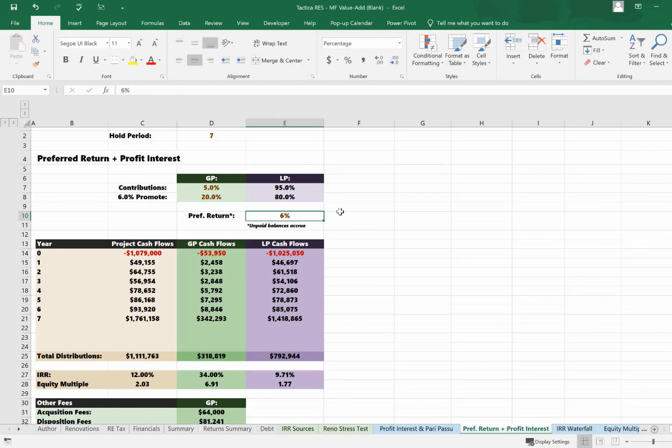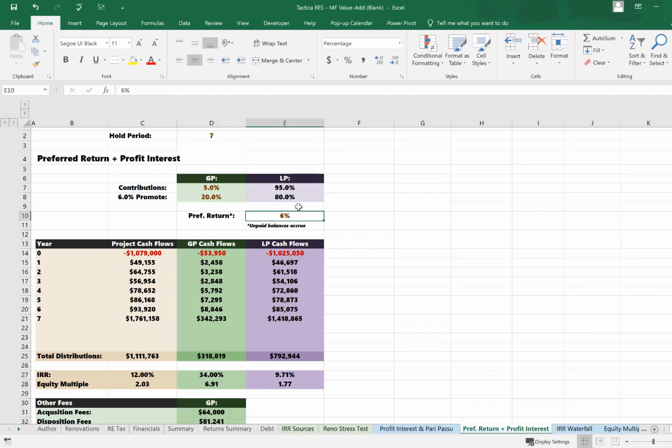However, you need to specify a preferred return that you'd be willing to pay to your limited partners. In this case, it's 6%. Then anything in excess of 6%, there'd be a promote. The distributions would be pari passu until that 6% promote structure is reached, and then it would convert to a 20%, 80% split. So you can see again, the IRR and the equity multiple are heavily swayed to the general